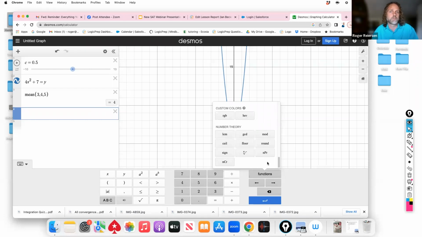So it's like this program does everything your graphing calculator does, and the only glitch is, can you do it faster on Desmos than you can on your standard graphing calculator? Which one's better for you? So